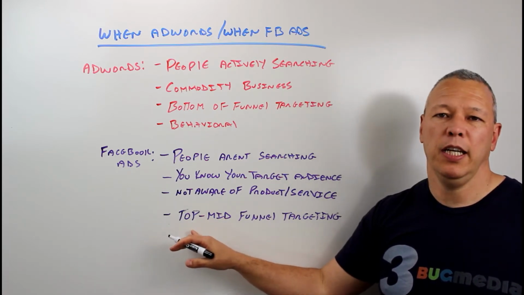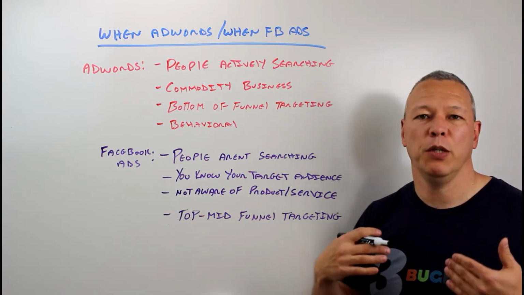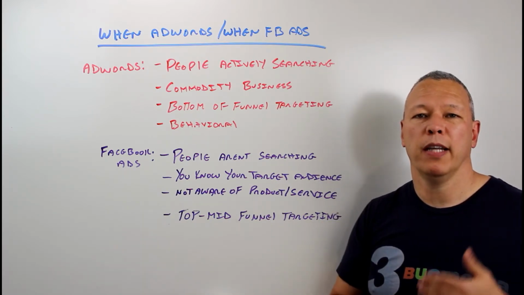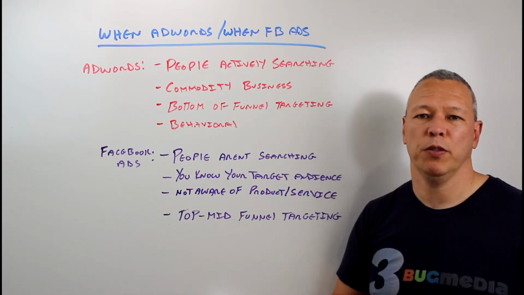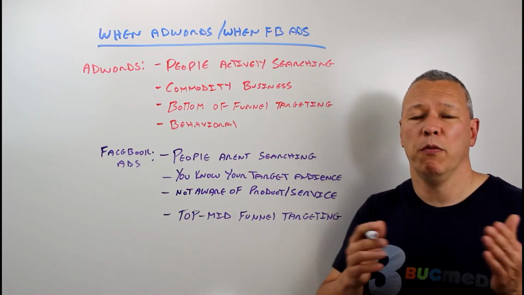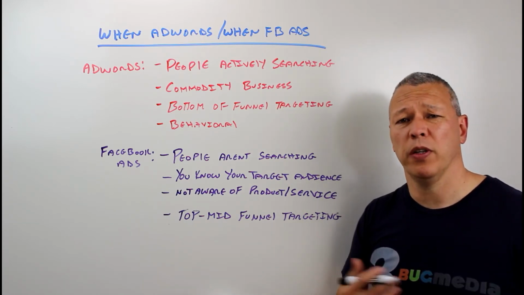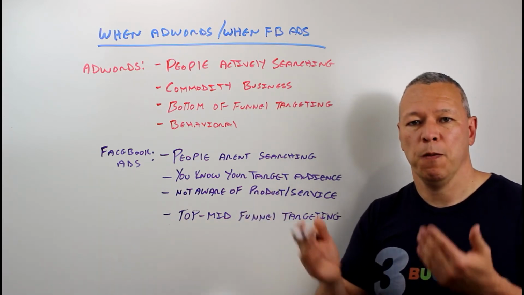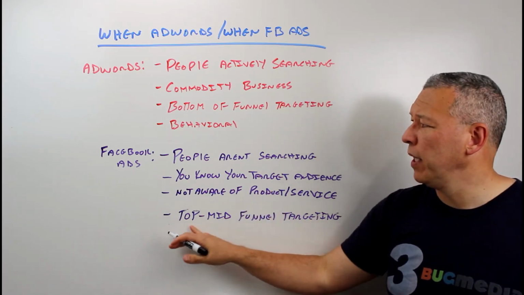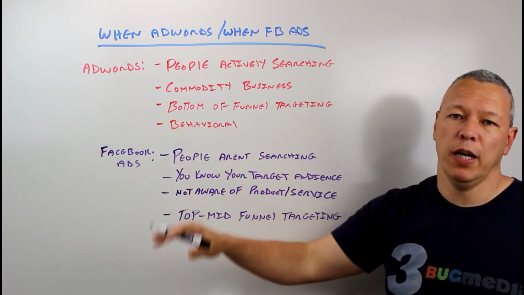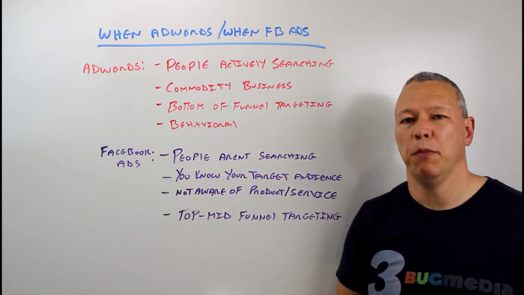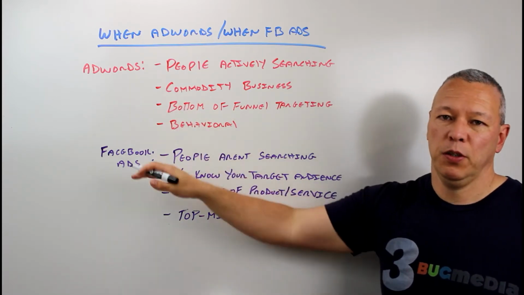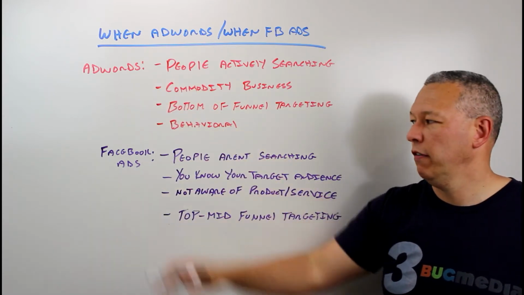The typical strategy is a top or mid funnel strategy, where you try to get an email address, or you just want to build general awareness, or you want to get them to take some kind of action other than making a purchase. Maybe that's signing up for a webinar, signing up for an event, maybe giving out a coupon. You're not making a direct sale, but you're trying to get them into your sales funnel. Okay, and that's a big difference from Google AdWords, where, like I said, you're typically targeting the bottom of the funnel, which is why you pay a little bit more for Google AdWords. So these are the differences between AdWords and Facebook ads.